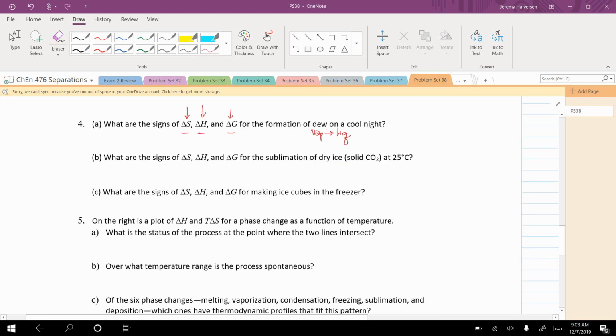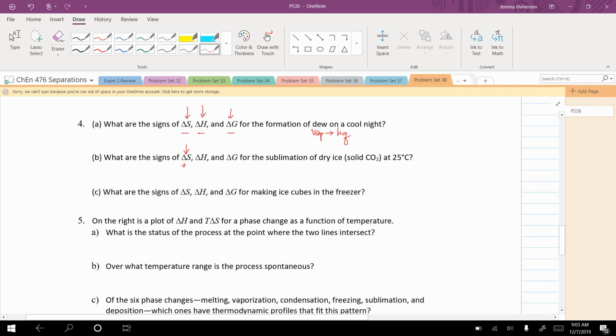All right, 4b, what are the signs for the sublimation of dry ice at 25 degrees Celsius? So again, S, does it become more or less ordered? Sublimation, that's from solid to gas, so that's going to become less ordered, so entropy increases. Enthalpy,